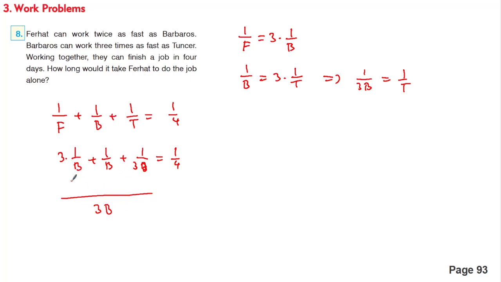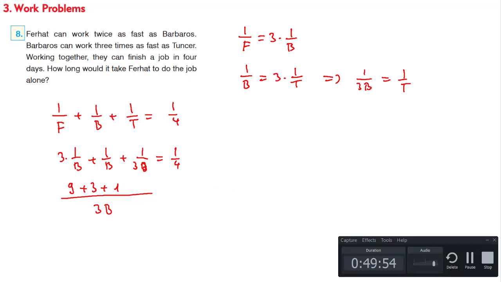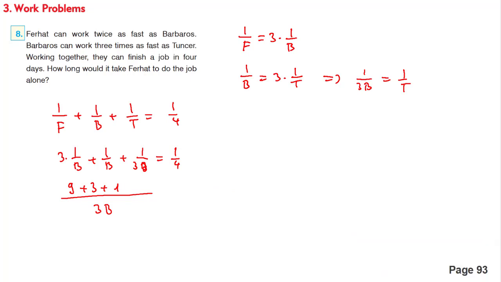So now here we need to multiply by 3. 9 plus 3 plus 1, that is 13 over 3b,